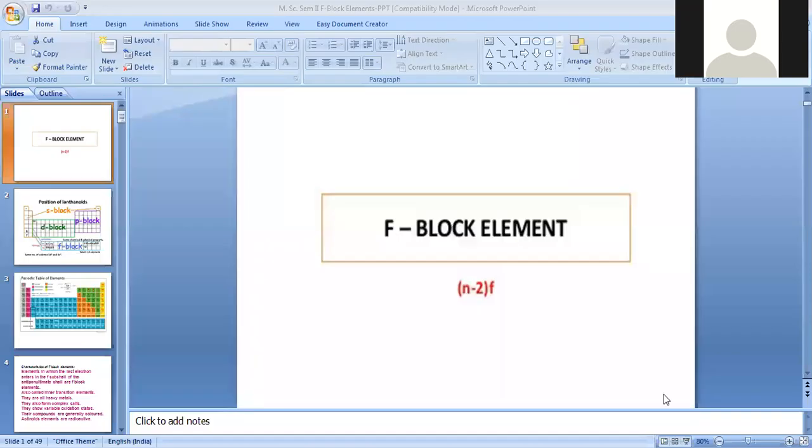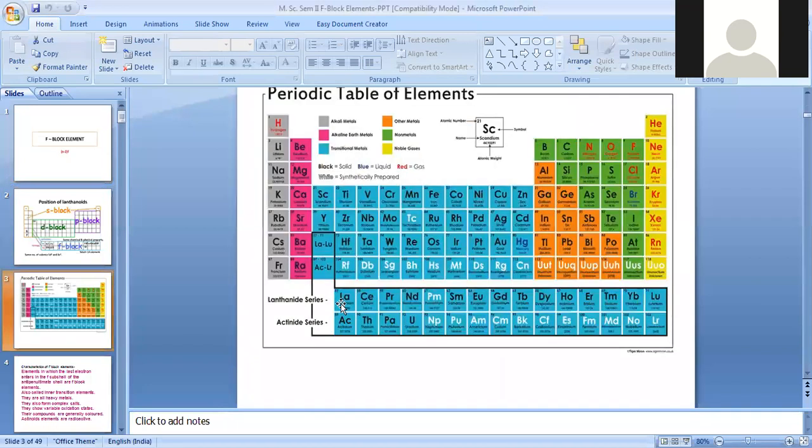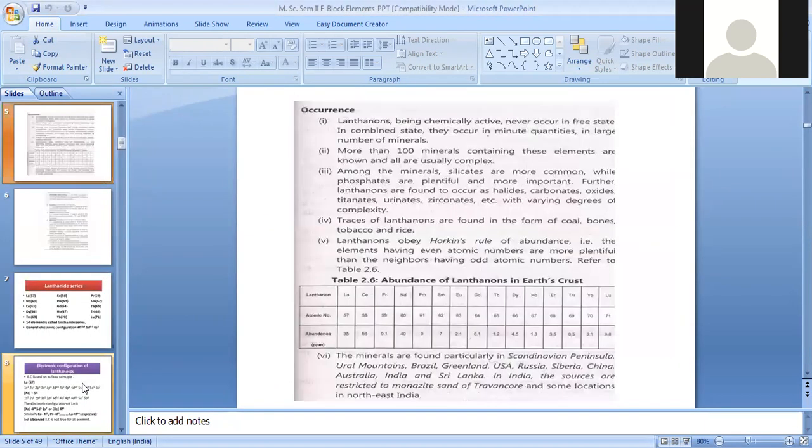So we shall take a closer look at the different applications of these lanthanide elements. See the slide where I'm going to show you the applications of these lanthanide elements. Here, we have seen already the lanthanide series, and today we are also going to study the actinide series. Here are the elements from lanthanum to lutetium, that is 57 to 71. This is known as the 4f series, and this is the 5f series. These are the various characteristic features.